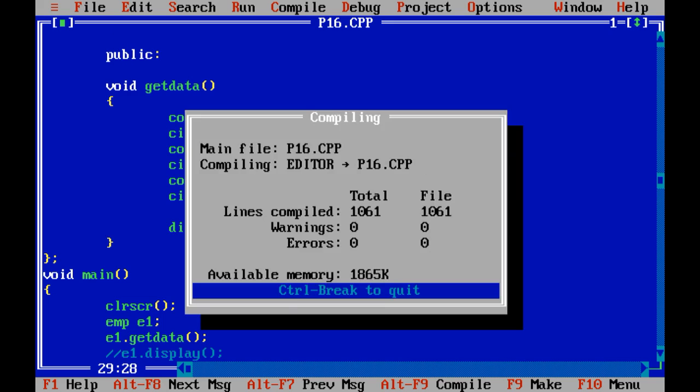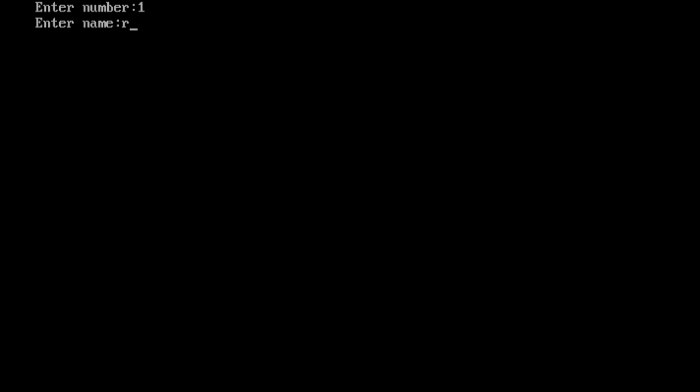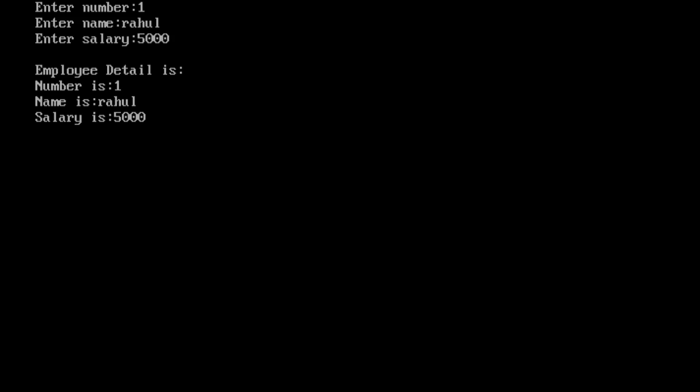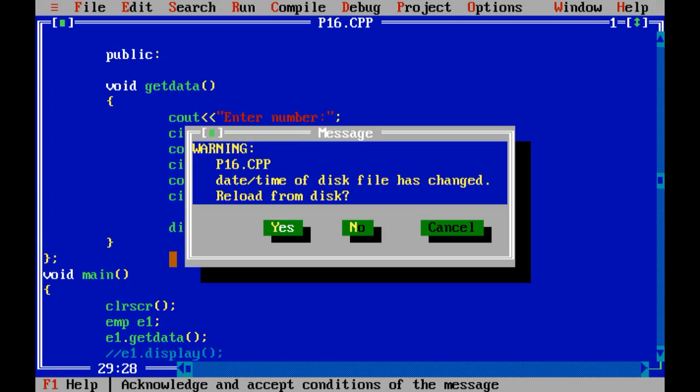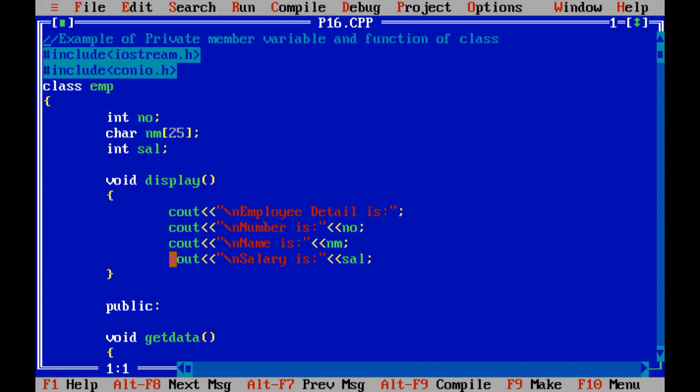Let me run the given code. 1, Rahul and 5000. In this way you can access the private method of a class. Remember, whatever method you have declared as private cannot be accessed outside the class.